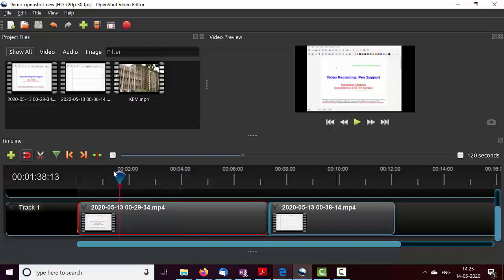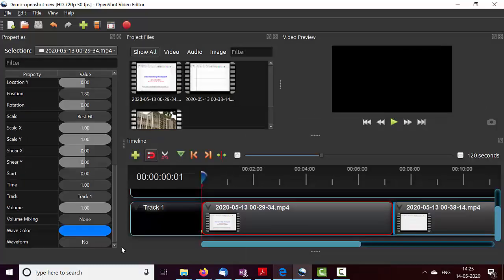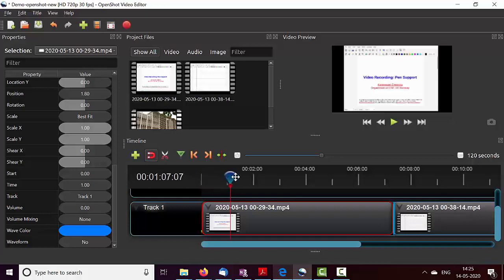So we want it at the very beginning of the clip, and then select properties, go to volume, and if you set it to 0, it is going to mute. You can set it to a lower level also. If you set it to 0.5, it will reduce the volume. And if I play this now, there is no sound.